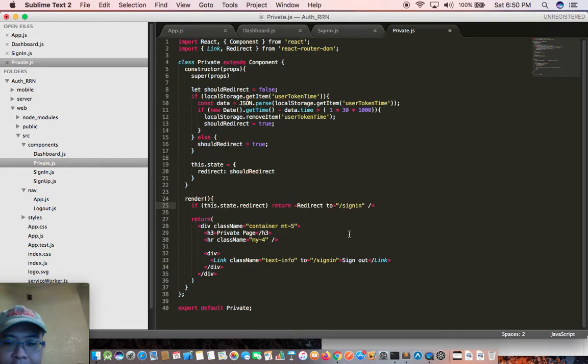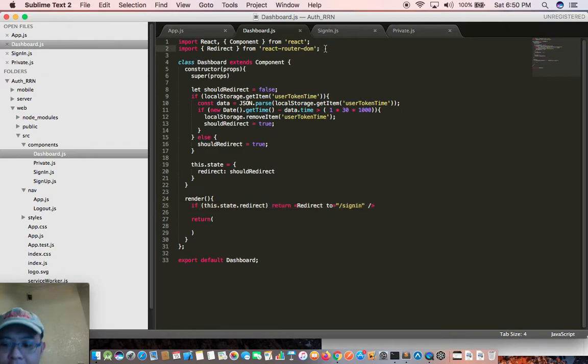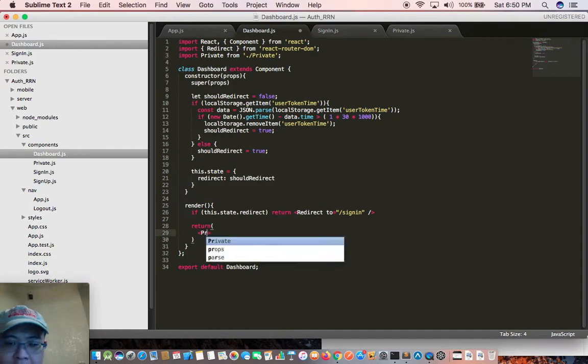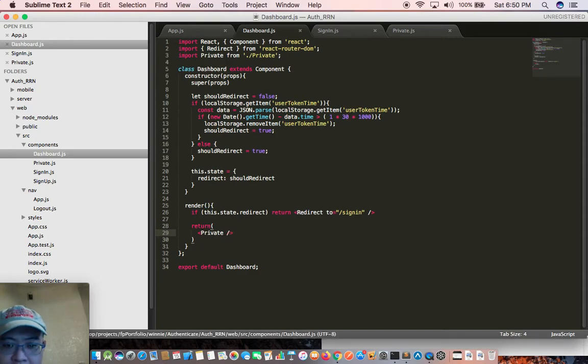Okay, and so under here it will be the same thing, and we save this, and on the dashboard we're going to import private from private. So that's the same thing in here. I just return private. So I'm going to save this, and